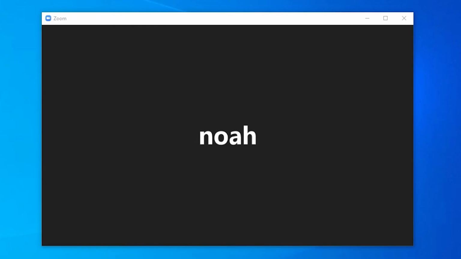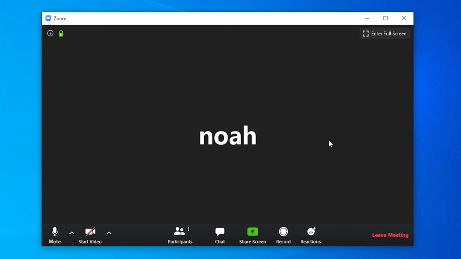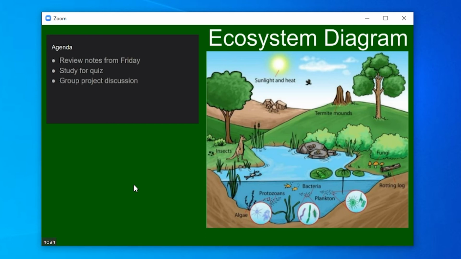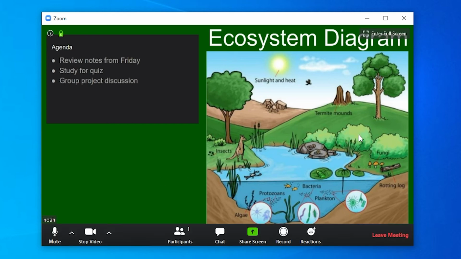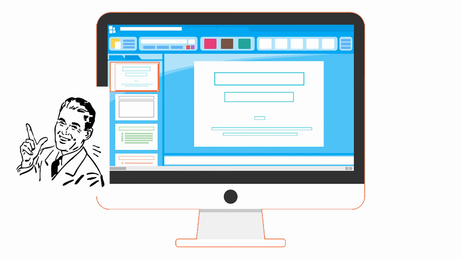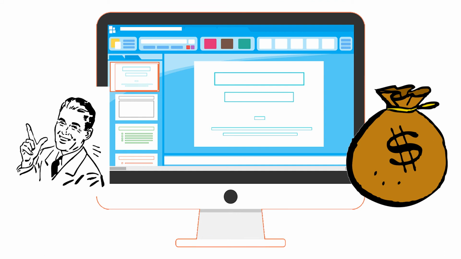The settings are going to be different for every individual video conferencing program, but the main point is that there will always be a setting to select your camera, and instead of selecting your webcam, you need to select OBS camera. Once that is set, everything that you see in your OBS preview box will be going out to your video call participants. Instead of just seeing your simple webcam, they will see your professional and organized presentation on their screen. You're probably going to impress your coworkers, maybe get a promotion, or best of all, your students will probably